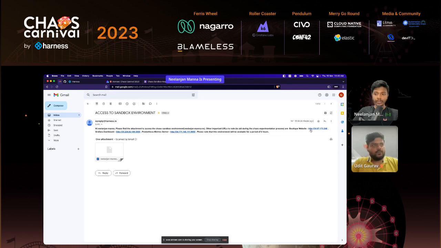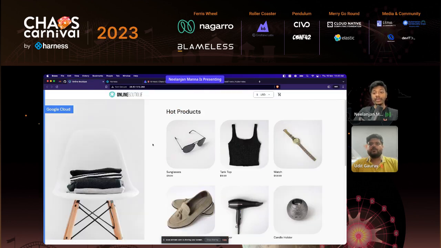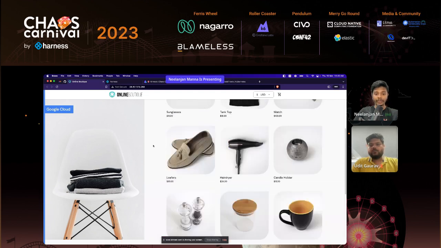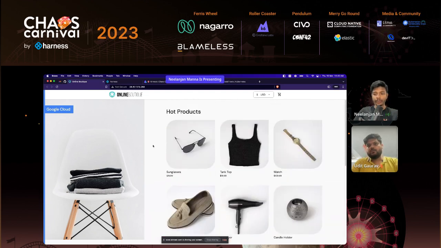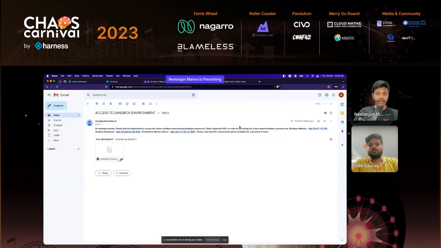So the boutique website, the first URL, let us try to access it. As we can witness over here, it's an e-commerce application which will be serving as a demo application for the purposes of our demo. So we'll be using this application for targeting the chaos, and we'll be monitoring the effects through this. So let us go back to our email,